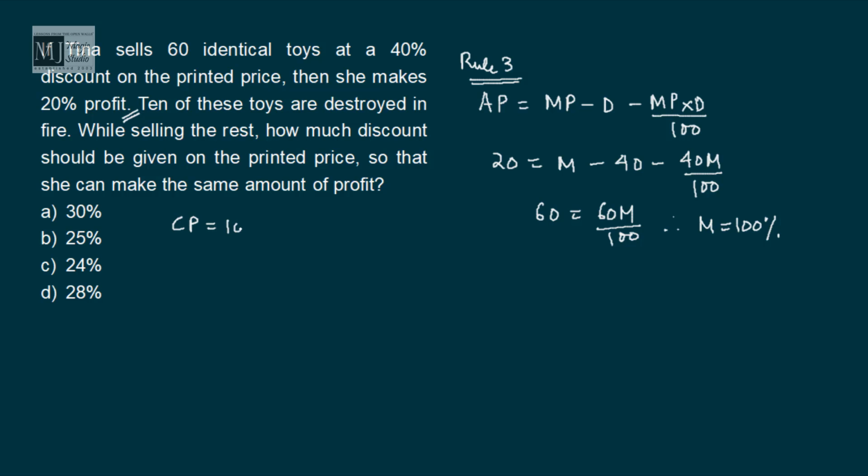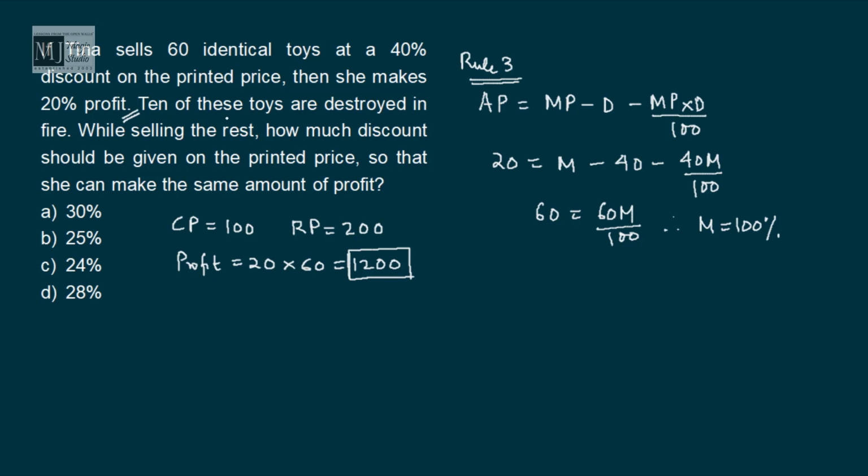So let me assume CP is 100. Then retail price or the marked price is 100 plus 100, that is 200. She makes a profit of 20%. That means profit per unit is rupees 20. Now 20 into 60 is how much? 1200. This is the total profit made by her by selling 60 toys and offering 40% discount on the printed